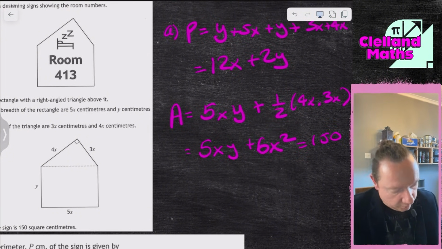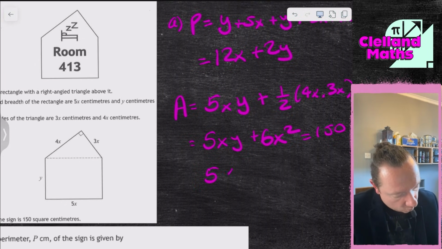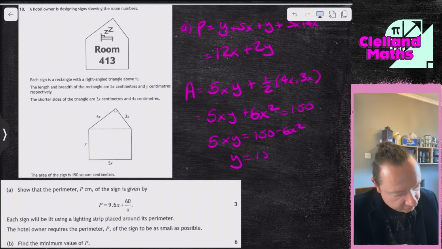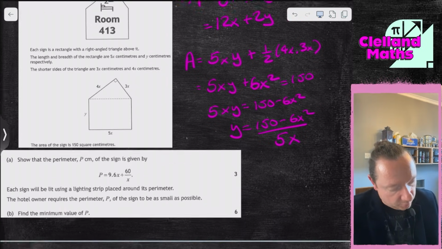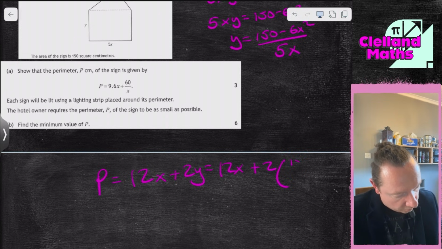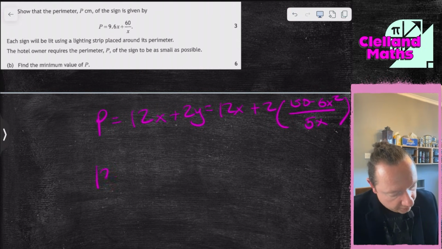And my perimeter in the question doesn't have a y, so I'll make y the subject. So 5xy equals 150 minus 6x squared. So making y the subject, y is 150 minus 6x squared over 5x. So we can write our perimeter as 12x plus 2y is 12x plus 2 times 150 minus 6x squared over 5x. So what's that? 12x,